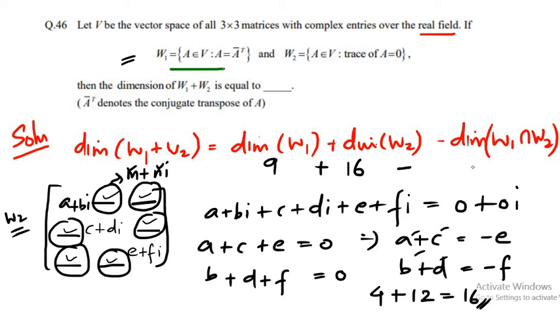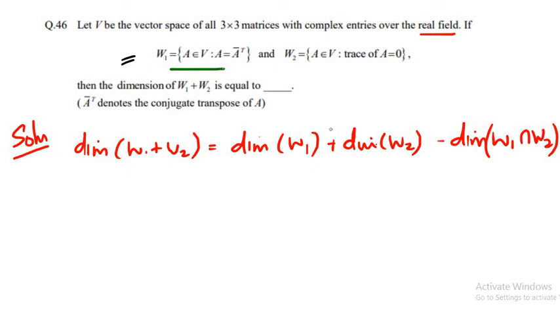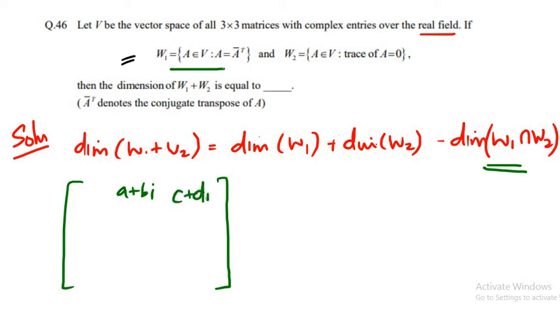So W1 intersection W2 will have the property of both, right? So the only difference we are going to have in this W1 intersection W2 is something like this. Sorry, not W1 plus W2, it is W1 intersection W2. So what we are going to have is something like matrices of this form. So we are going to have complex entries of this form. Okay, its transpose conjugates